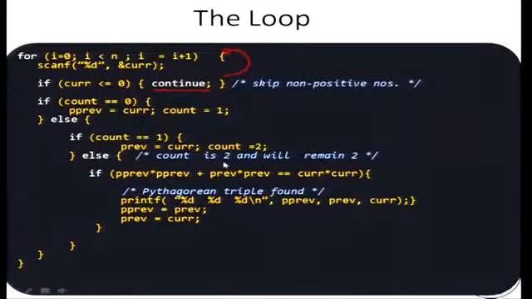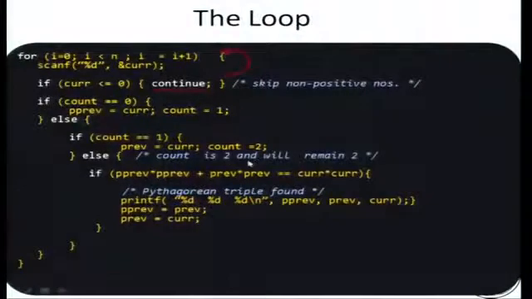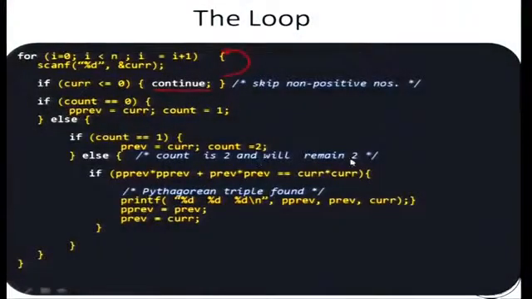Okay, so in this case, as far as count is concerned, I don't need to keep track of how many positive numbers are needed. So it was used only to see that I have at least 2 positive numbers to begin with, so that I can add the next number as the possible third number in the triple. Okay. So I will not update count from now on. You can also do that, but count afterwards serves no purpose. So I'll say that count is 2 and I'll just adopt the convention that it will remain 2. So I've seen at least 2 positive numbers.